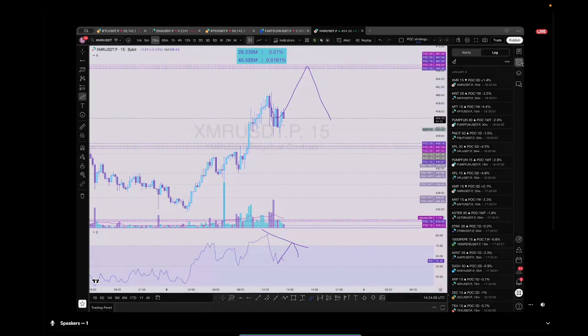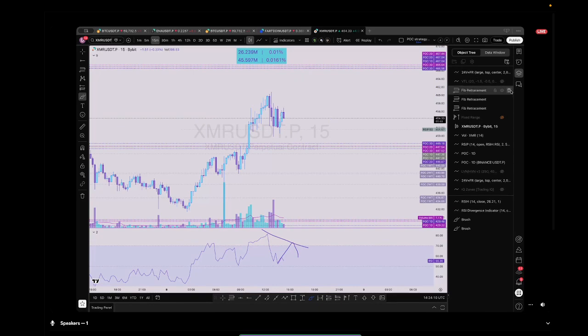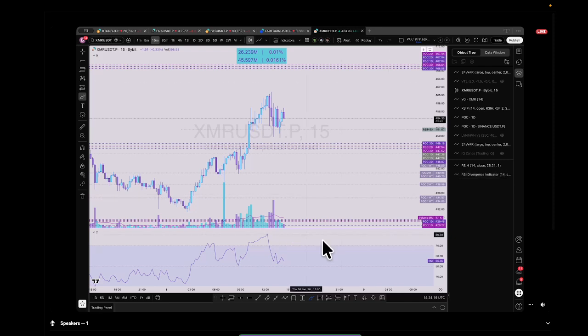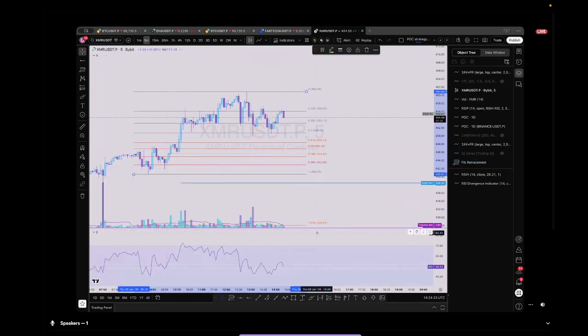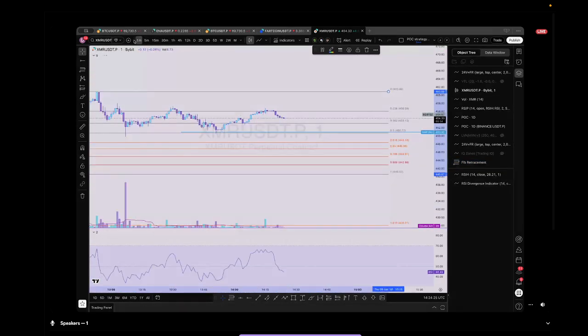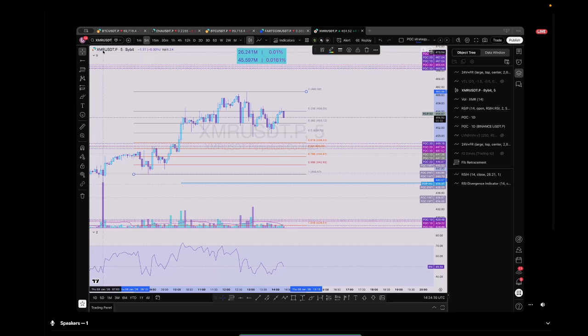But because the coin looks so strong, we can also look for a continuation. In this case, we can look with 5 minute or 1 minute dips, and we can take